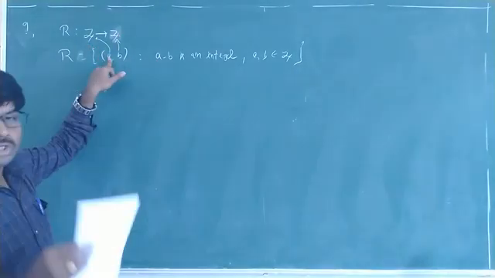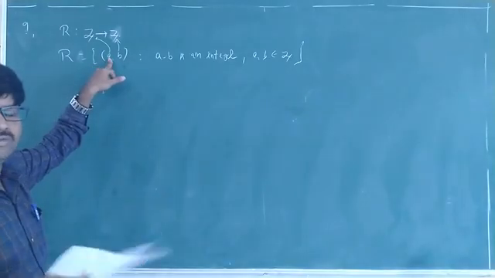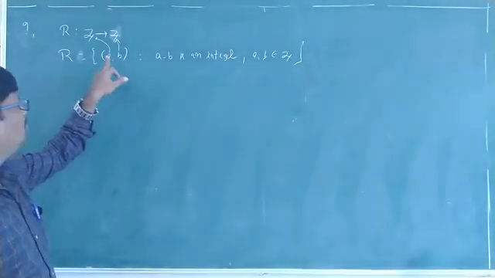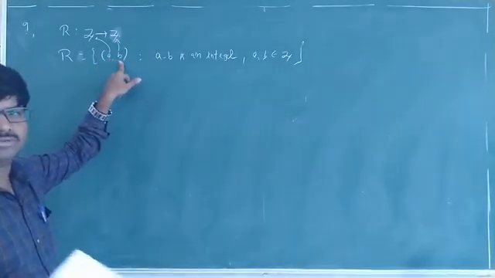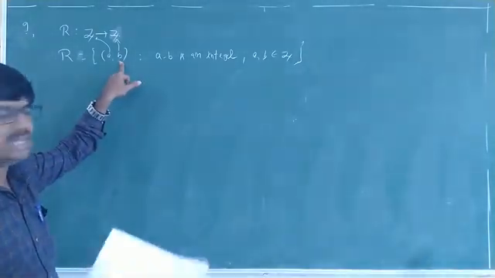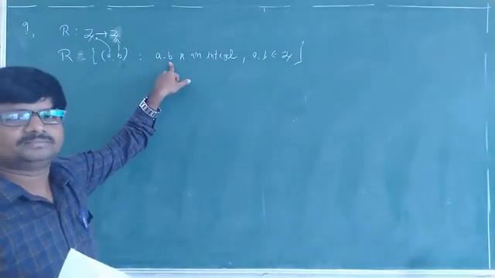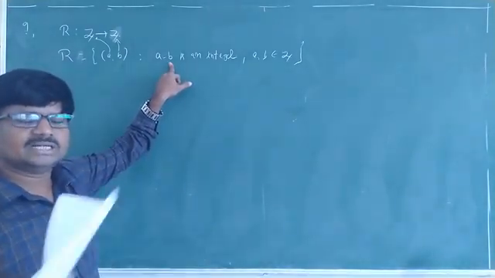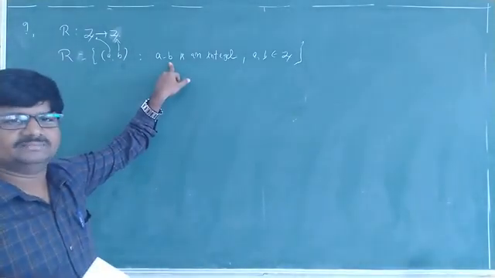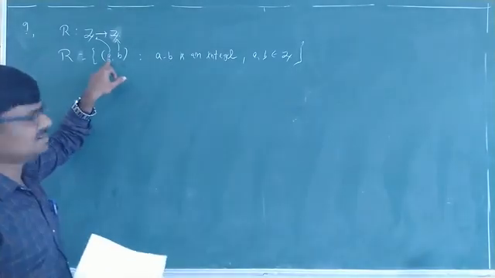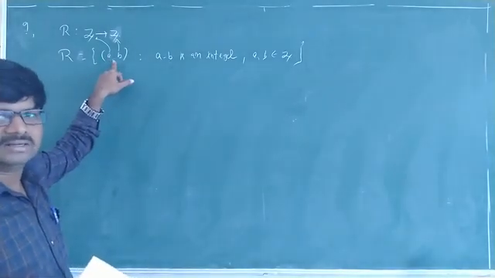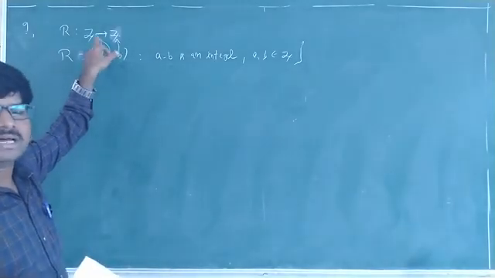If you take A values 0, 1, 2, 3, 4, 5, minus 1, minus 2, and so on, and B also 0, 1, 2, 3, 4, minus 1, minus 2, and so on, then what difference will you get? You will again get the difference of any two integers, an integer only. So what is the domain? Domain means all the values of A, Z only. Domain is Z.